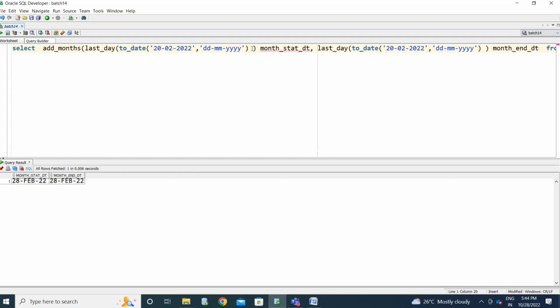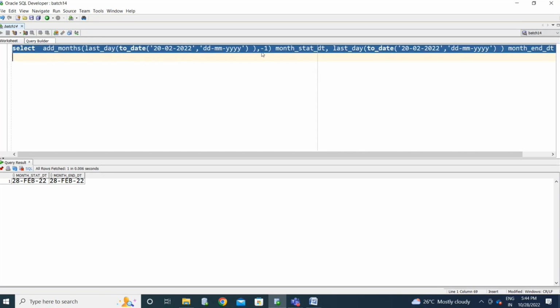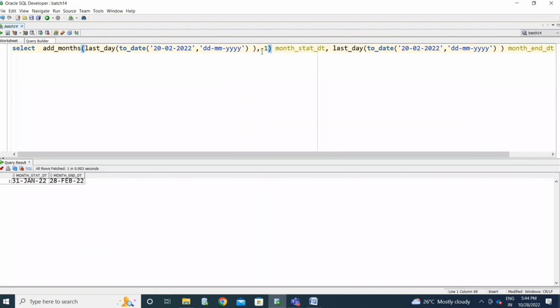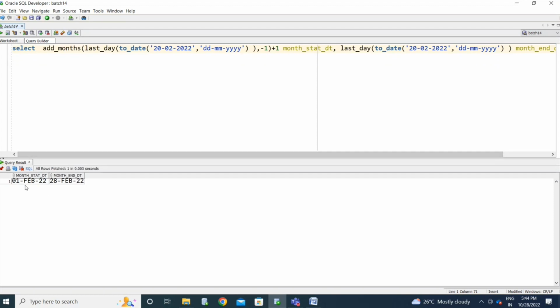Now I'm subtracting the value -1. It displays the previous month's last value. And if you add 1 day, it will give the starting of the month. You can change any value.